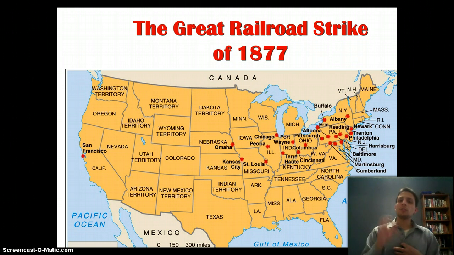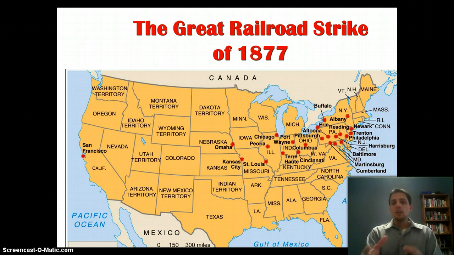Because the railroad companies are going to make the point that the railroad is for the public good. Kind of like when I told you today that teachers are not allowed to go on strike, it's illegal for teachers to go on strike. They're going to try and make that same argument that the railroad's for the public, and so we can't have a railroad strike because it's going to hurt everybody. It's going to hurt the economy even further.